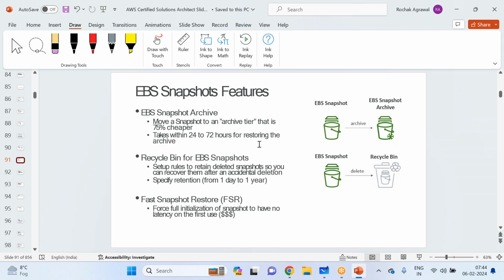It is going to take some time to retrieve it. So you can have all the current backups in the EBS snapshot tier, then all the old backups you can go and create in the EBS snapshot archive tier. Then we have the recycle bin for the EBS snapshot, and in the recycle bin you can set up the rules to retain deleted snapshots, so that you can recover them after an accidental deletion, and you can specify the